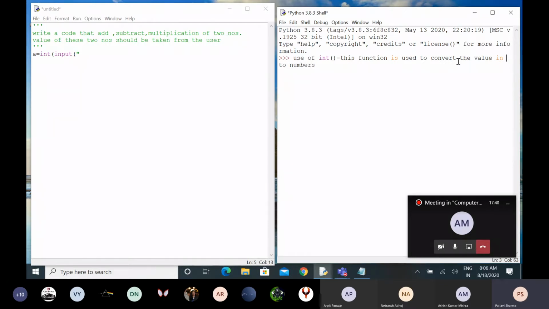Into numbers means if we will pass, for example, 4.5, the output answer will be 4. It will simply discard the decimal part, or you can say simply remove the decimal part. Another example, int, if it will pass the number value in the string form, then the output will be 5.